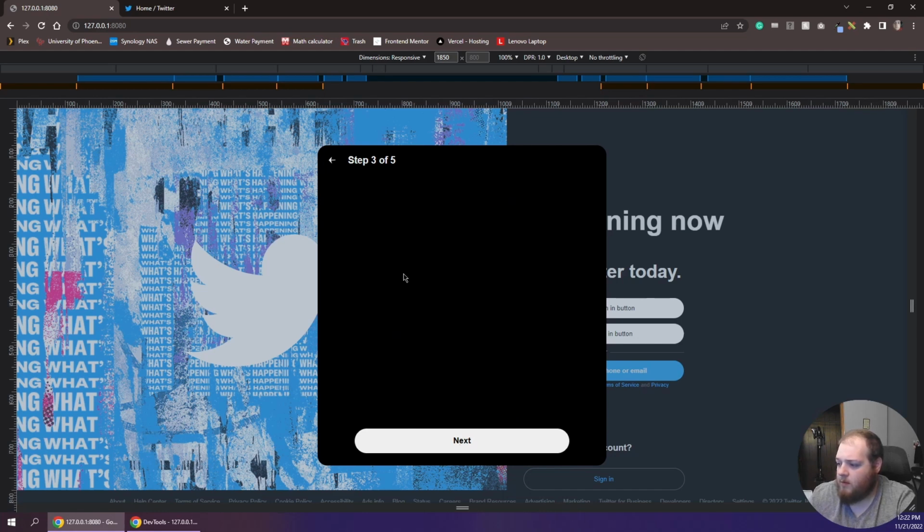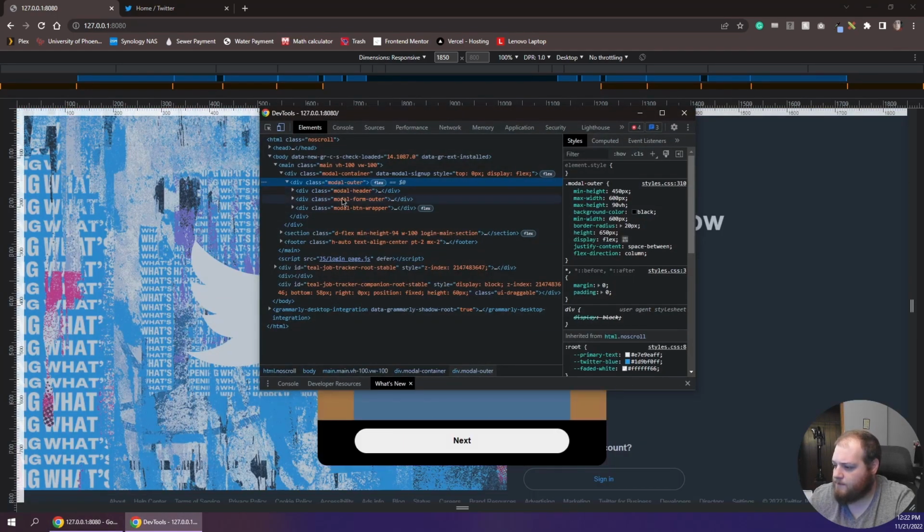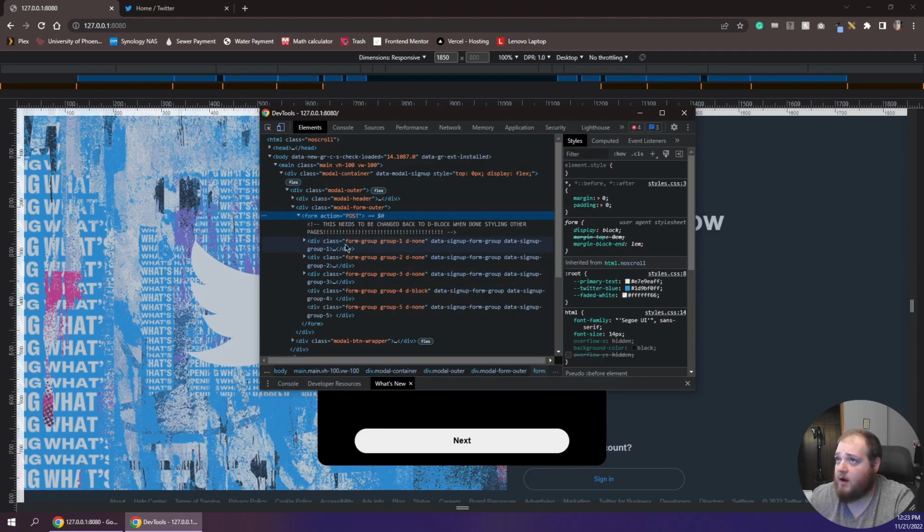Alright, so now this is going to be the fourth page, and if we inspect here, this is the first form, this is the second one, this is the third, and this is the fourth one. This will be the fifth form page once we get to it, but we're going to focus on this one for now, and it seems to be a pretty